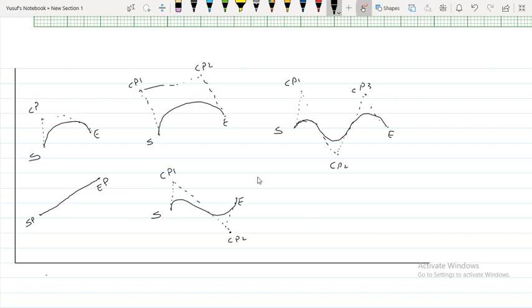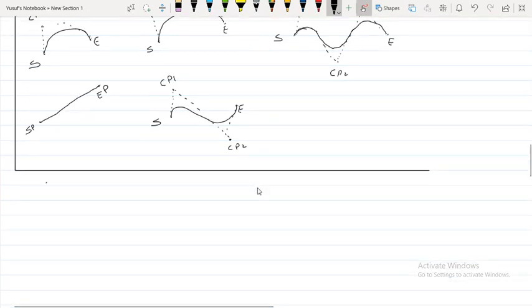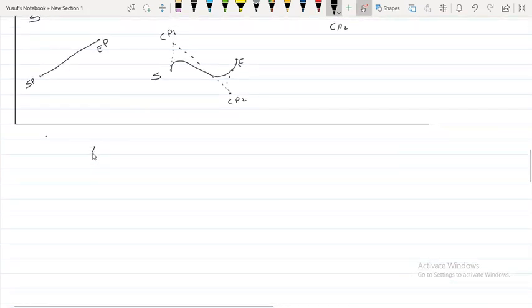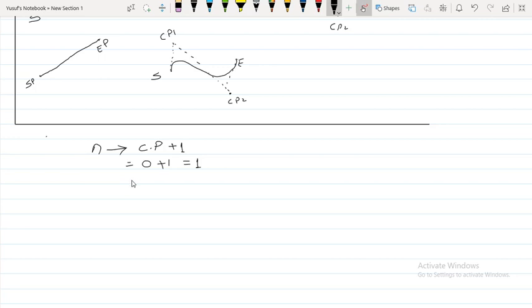It is one of the simplest forms of the curve, and the order of the equation depends upon the control points. If control point is 1, then order will be 2. So the order n of the equation depends upon control points. The value of order will be equal to control points plus 1. If control point is 0, then 0 plus 1, n will be 1. If control point is 1, n will be 2. If control point is 2, then n will be 3. The value of n, the order of the equation, depends upon the number of control points plus 1.